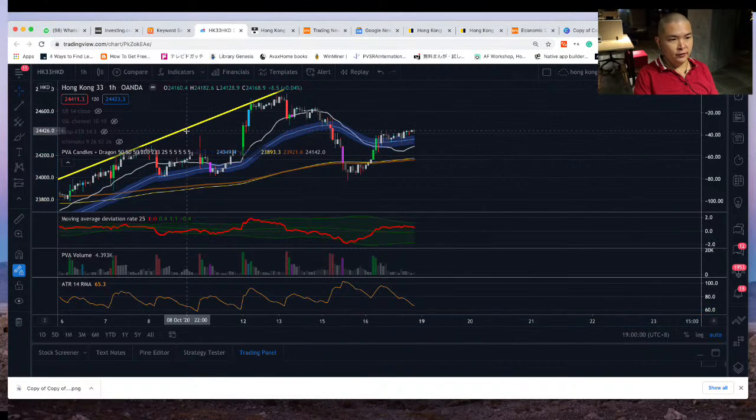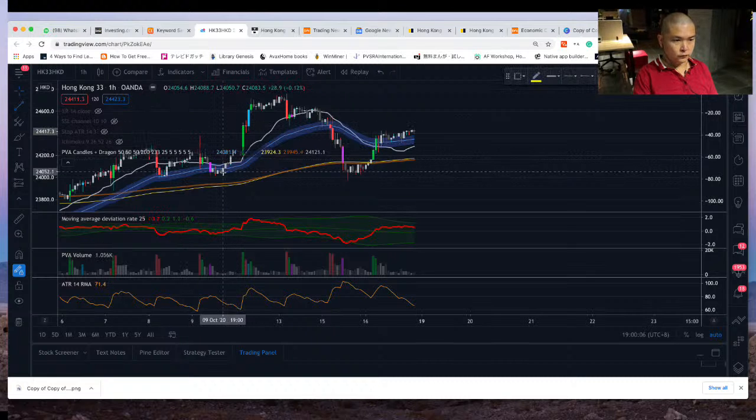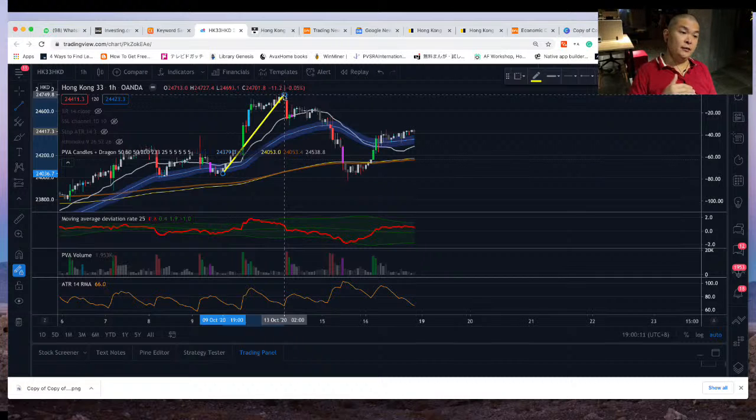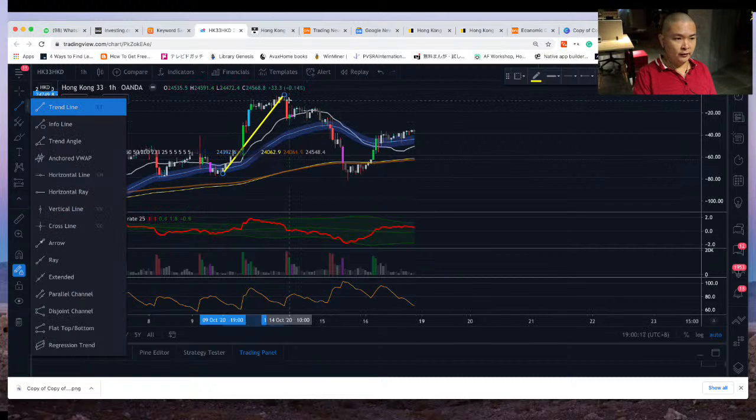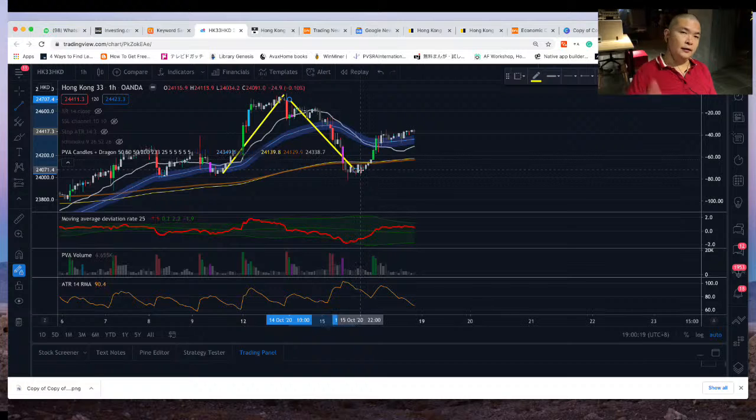So guys, what you have here is a push up going away from the Pvsra support, and then a correction all the way back to a little bit below the Pvsra support. And this is important because you see that for a while it was accumulating. So when you see this kind of candles, a sequence of candles not going anywhere but accumulating just under the support of the Pvsra, which is here, okay?